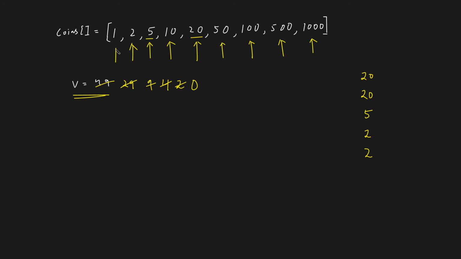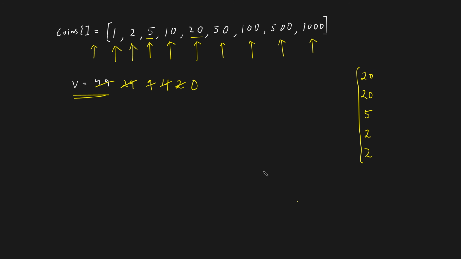So again come back and we see that 1 rupee cannot be used. And at the end you end up trying out all the denominations. So ultimately you see that you have your entire combination that can be used to form your value V. And you can easily find the minimum number of coins as well as the combination used. So it's a very simple algorithm. You just keep on subtracting till it is possible for a given denomination to get the combinations.